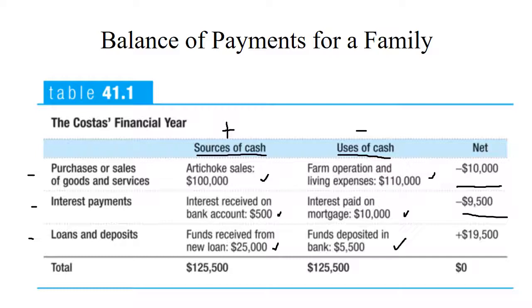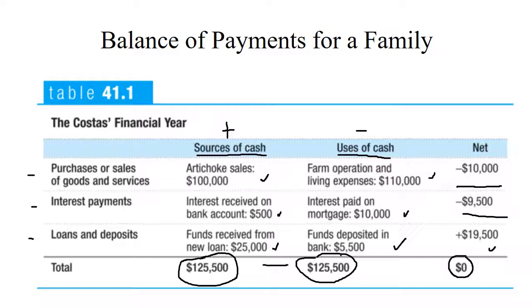So $25,000 minus $5,500 gives us a net of $19,500. You can see that they lost money in the first two categories and gained money in the third, which equals out to zero. It's also important to see across the bottom that the sources of cash total and the uses of cash total are the same amount,